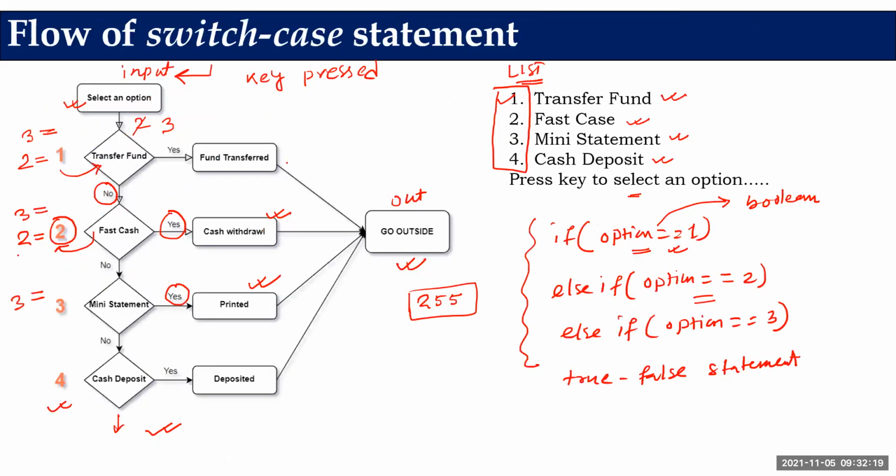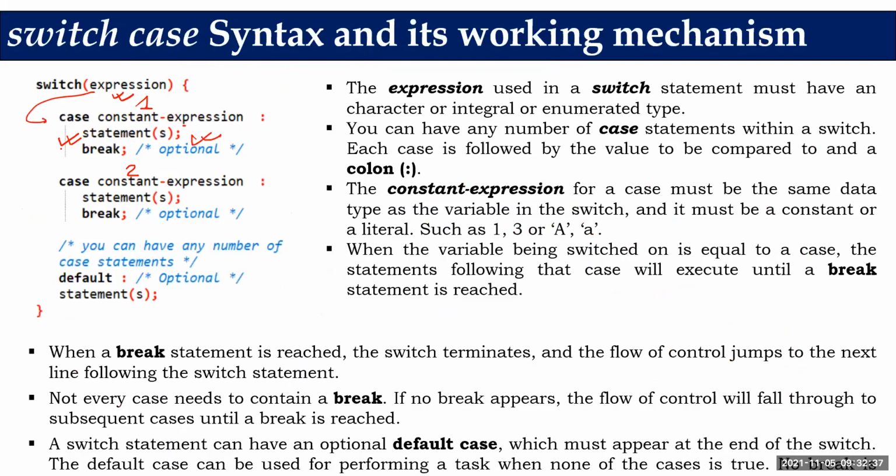And if you remember, if I go back, once you've done this first thing, I immediately mentioned to go outside of the ATM. So how do we implement this go outside? Do not check for others. First case, mini statement, case deposit. I'm saying that once your job is over, go outside. We can implement it with the help of the break statement in C programming. So it will break outside of the switch case. That's why we normally write a break statement once the body of the particular case is over. The break should be the last statement written in individual cases.